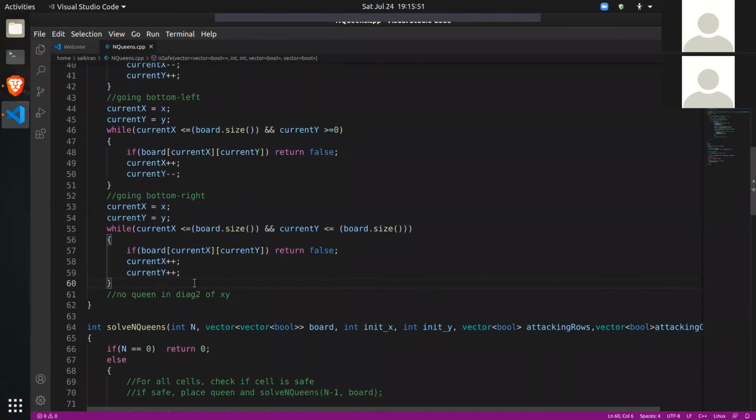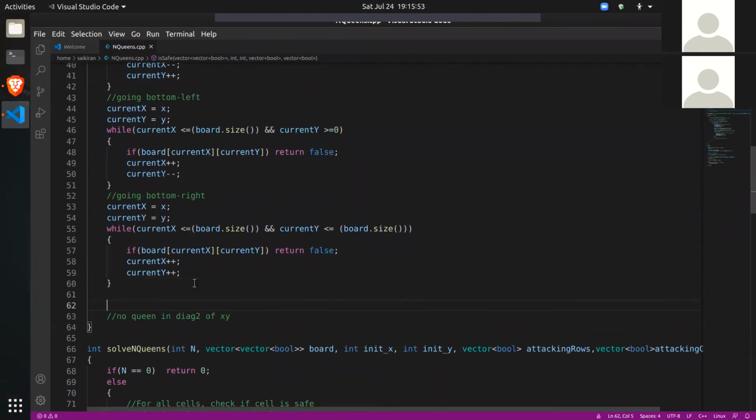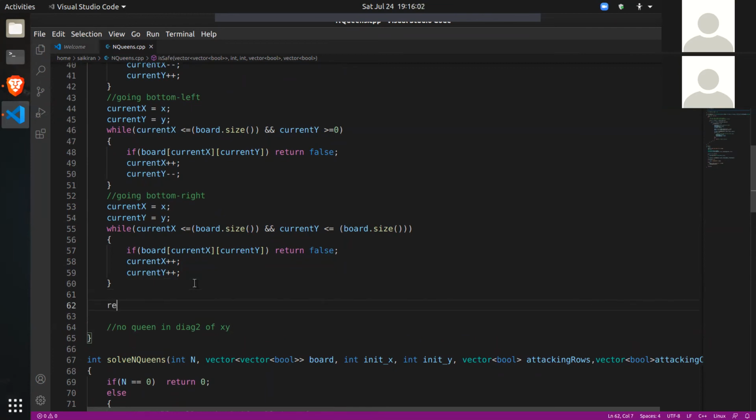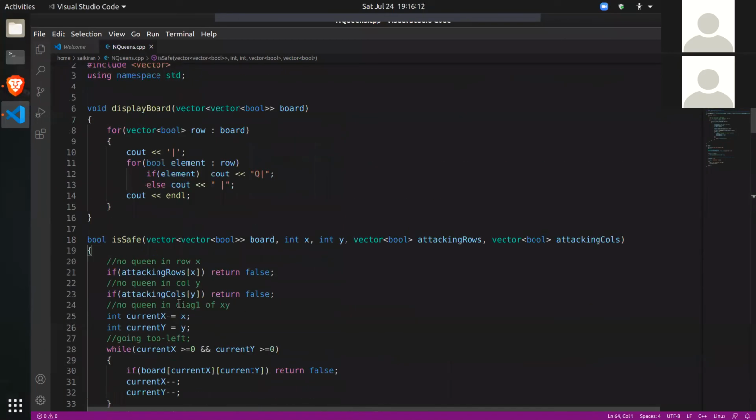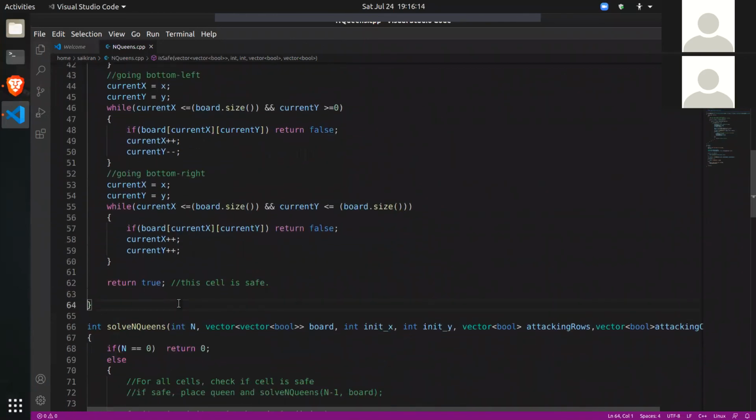But if we came to this position, we came to line number 62, that means everything passed. There is no queen in a column, row, or diagonal. So what do we do? Just return true. This cell is safe. Okay. So this is our isSafe function.